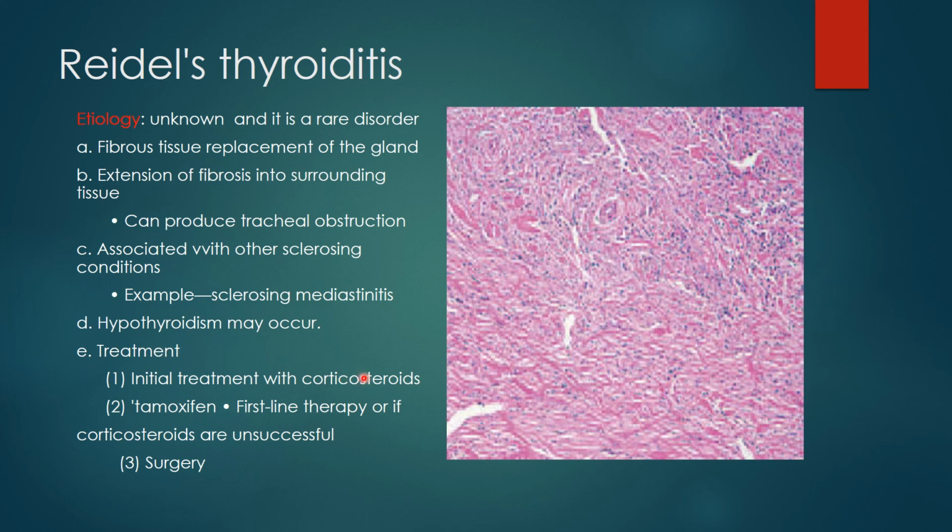or it may be treated by surgery if the corticosteroid therapy is unsuccessful. Most of the time surgery is the main approach. So Riedel thyroiditis is one of the types of thyroiditis in which, instead of major inflammation, fibrosis is basically the cause of the disease.